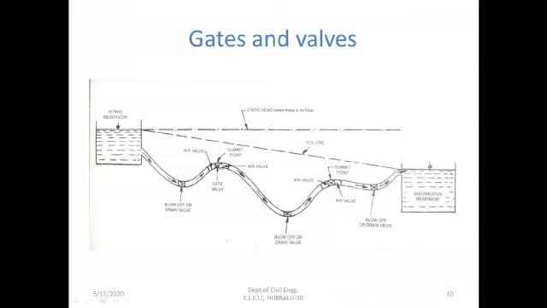And you can see here, this is the summit point wherein the gate valve or the sluice valve is provided, and on either side of this, that is at the higher level and at the lower level, the air valve is provided just to relieve the air which is trapped there. And again you can see at the lower level, a blow off or drain valve is provided, and here also you can see at the summit point the gate valve or the sluice valve is provided, and these are the air valves. So this is regarding gates and valves.